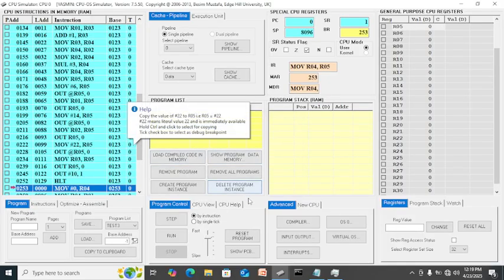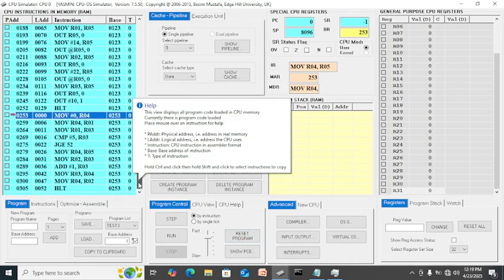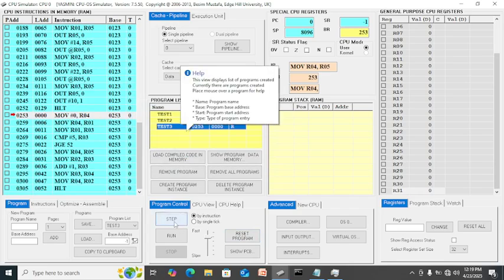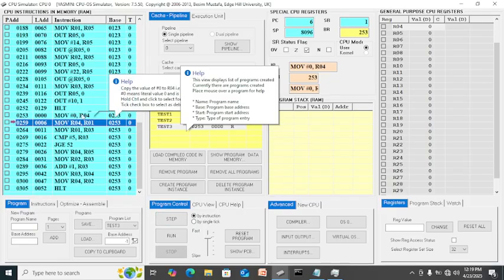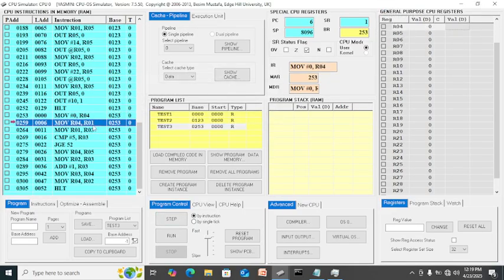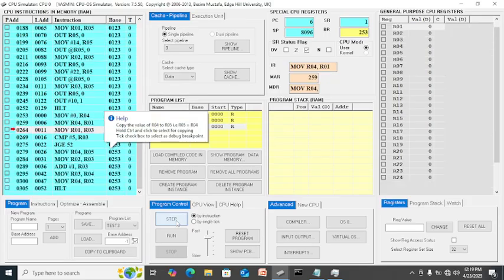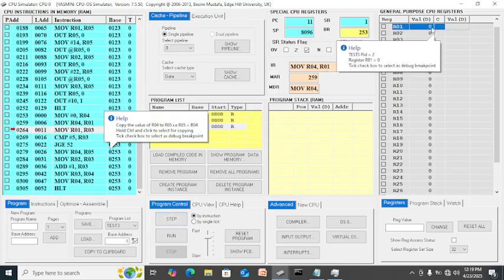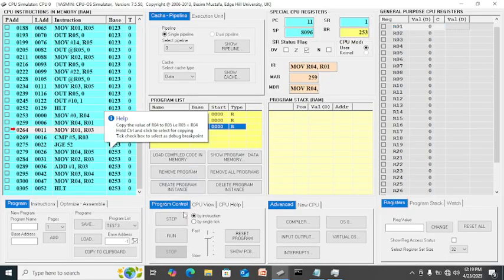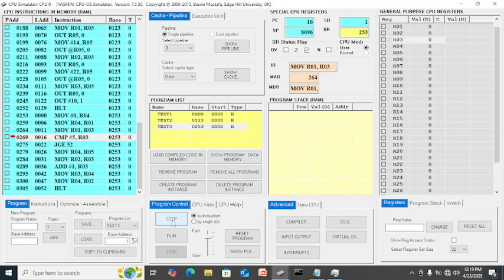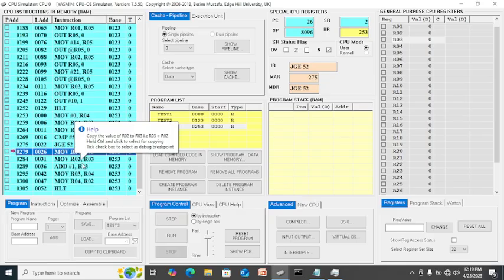Okay, so reset the program and step: move 0 to R04, then step. Step goes only 0, then compare 5, so jump to 52, not yet. So it will continue on adding 1, then it will loop and loop and loop.